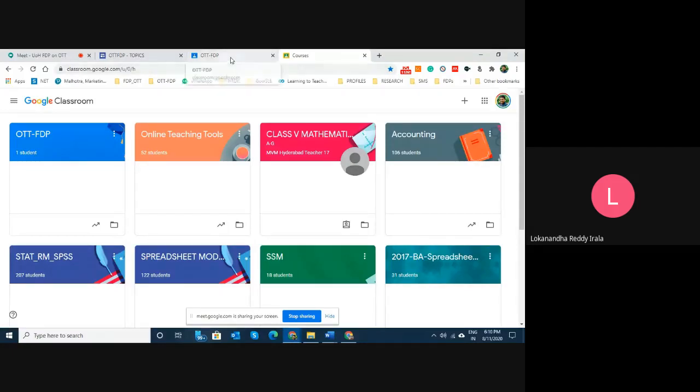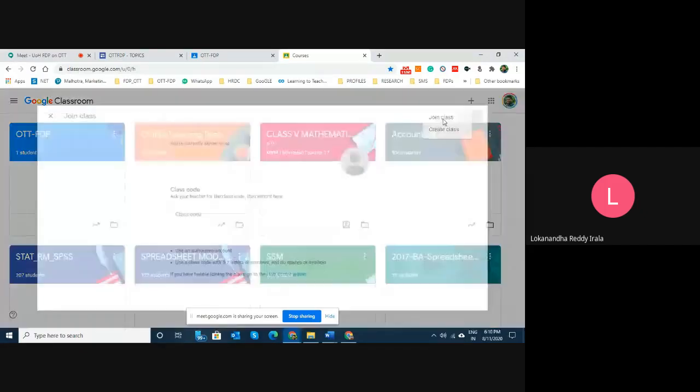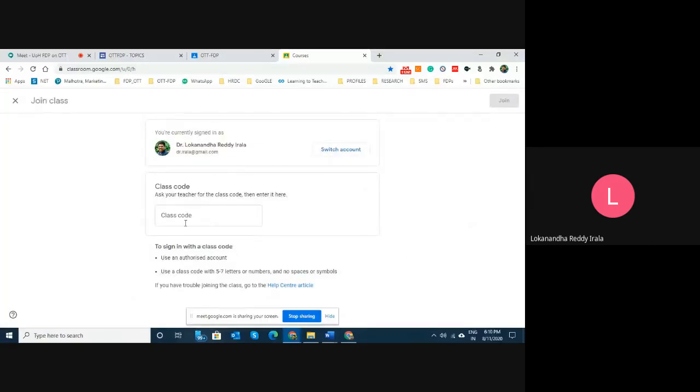Once you have the code with you, you can ask people to get into their Google Classroom page, press this plus sign, then ask them to join the class. Once they press join the class, it will ask them for the code.